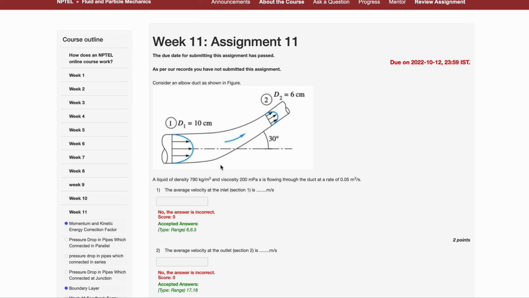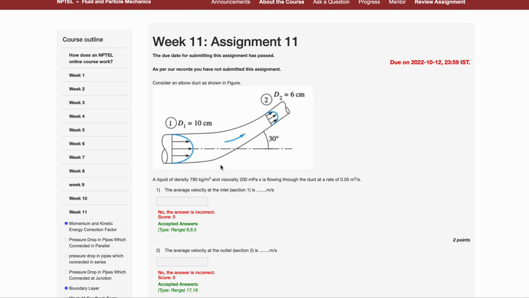The inlet is section 1 and this is section 2, let's say. So d1 is equal to 10 centimeter, means 0.1 meter, and d2 is equal to 6 centimeter, means